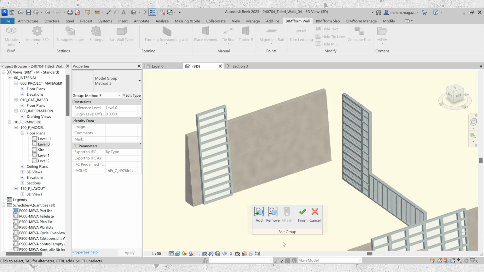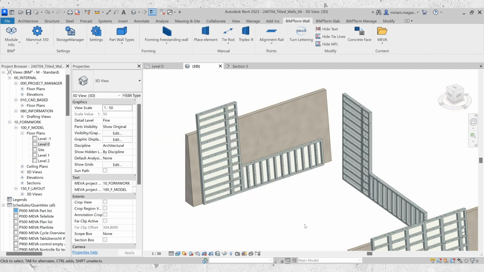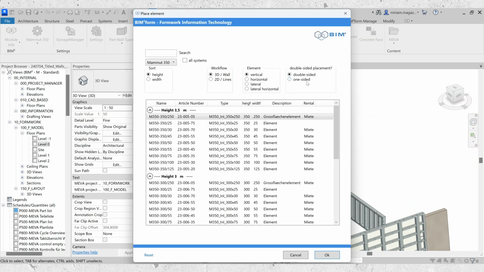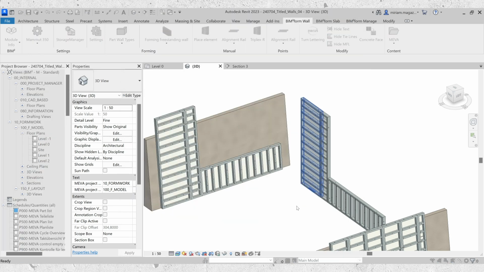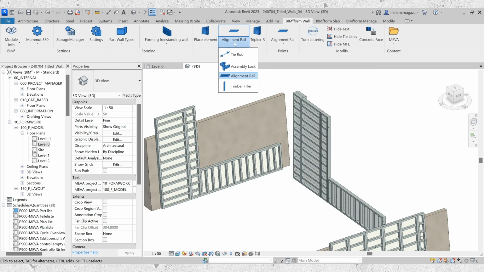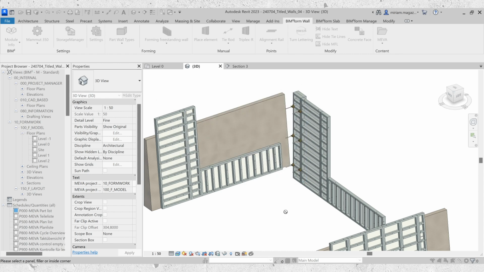Enter the group, click Add, select the elements to clone to the tilted wall, and then click Finish. The benefit of this method is its versatility. You can clone various elements, like anchors, tie rods, or guiding rails, onto the tilted wall.